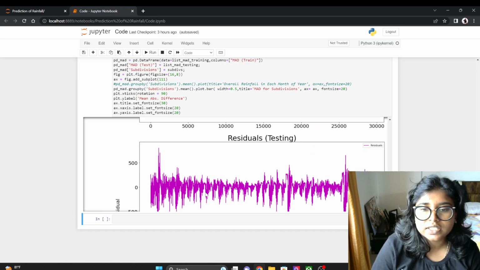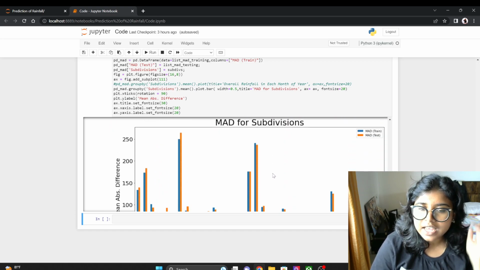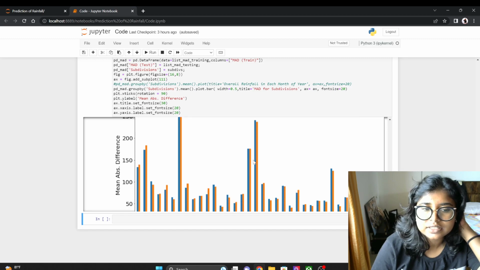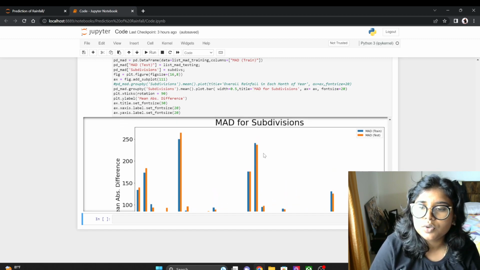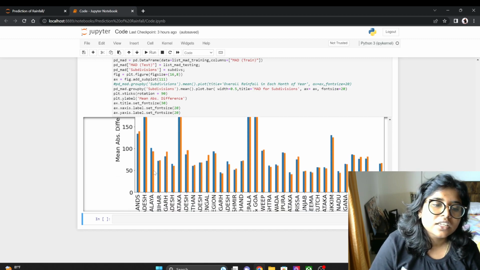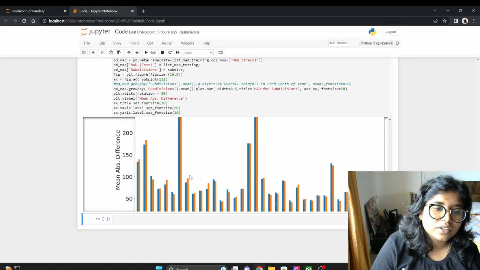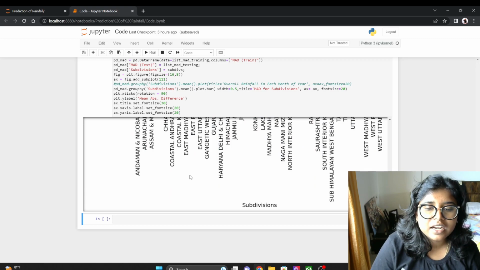Now this is for the testing data set, and finally I have plotted one for all the subdivisions, where the blue line stands for the training data set and the orange line stands for the test data set. Here the y-axis is the mean absolute difference, as in MAD, and the x-axis is subdivisions, as in all the